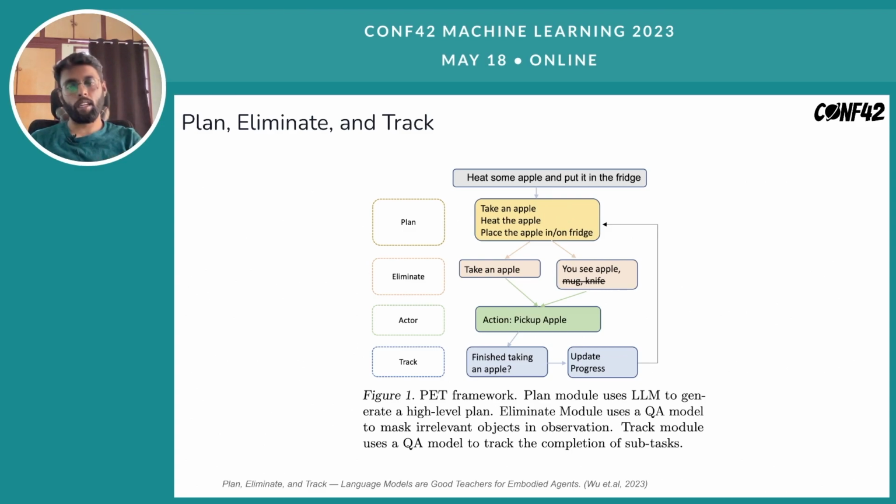Once it's finished, it is updating the progress. So this overall approach is in a way similar to what is being followed in Auto GPT and Baby AGI and all those applications. So if you see here, first for the task, heat some apple and put it in the fridge, the LLM first comes up with a plan: take an apple, heat the apple, place the apple in fridge, and then an eliminator eliminates what are the things that are not important for this particular task to be completed,